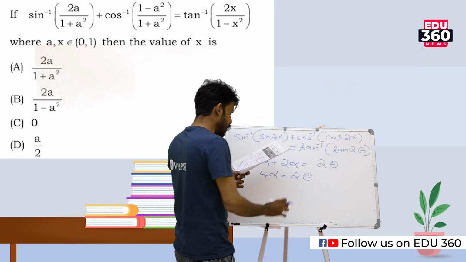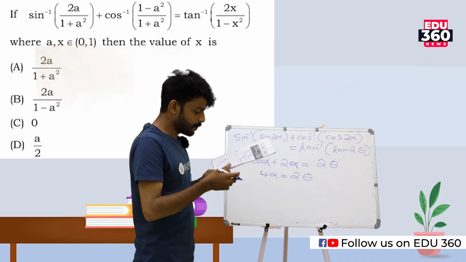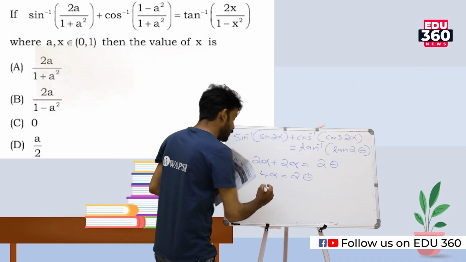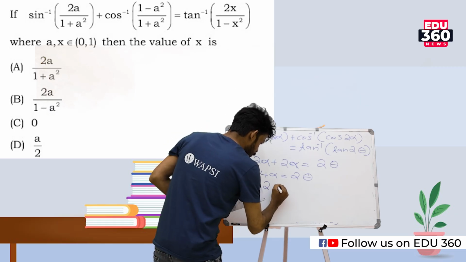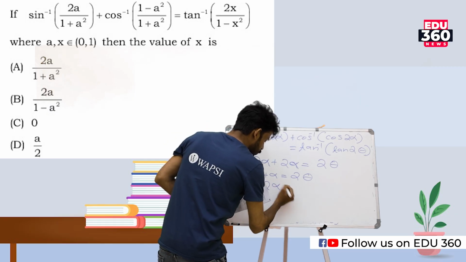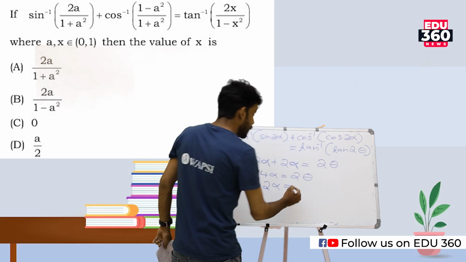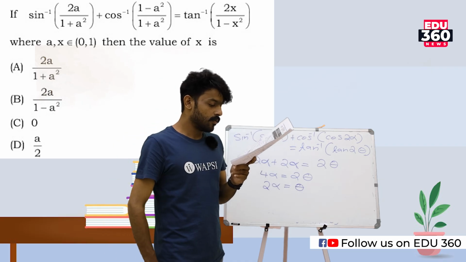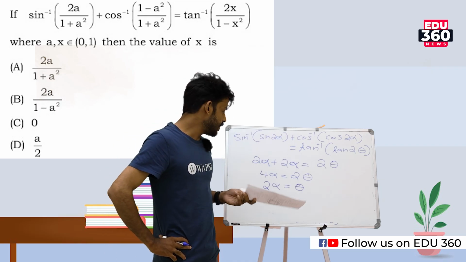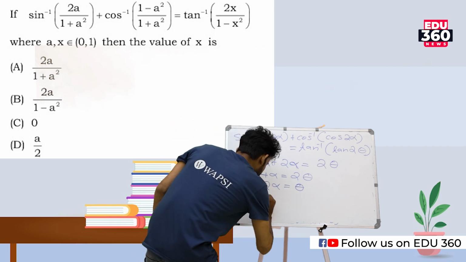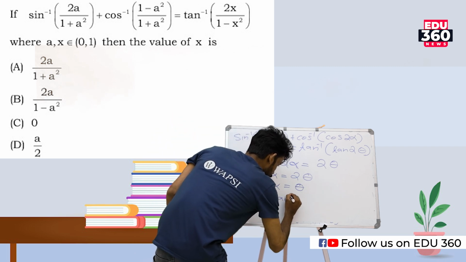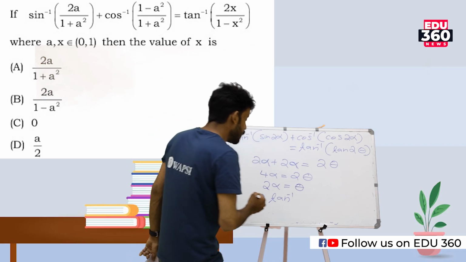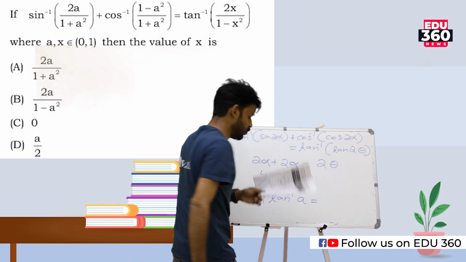4 alpha is equal to 2 theta, and also we can write, just divide both sides by 2. So we can write 2 alpha is equal to theta. Okay, so hereafter we can write 2 tan inverse A. So for 2 alpha we can write 2 tan inverse A is equal to